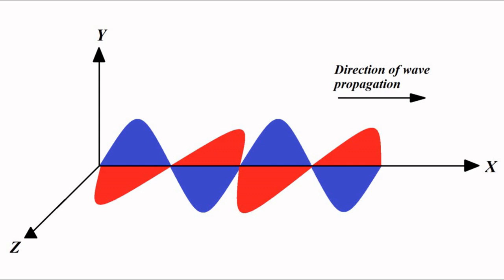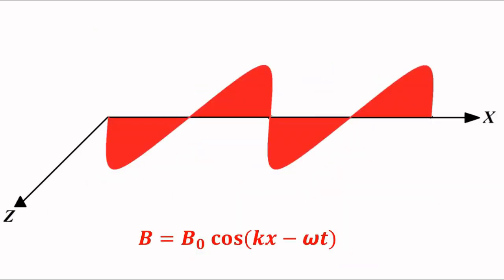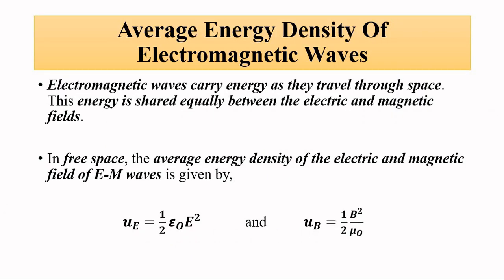And then we discussed the speed of electromagnetic waves, which is equal to 3 × 10⁸ meter per second, which is equal to 1 by root over mu 0 epsilon 0, and the amplitude ratio of electromagnetic waves, E0 by B0, which is also equal to the same numerical value, 3 × 10⁸. So now we'll take our discussion forward and we'll discuss some more properties, starting with the